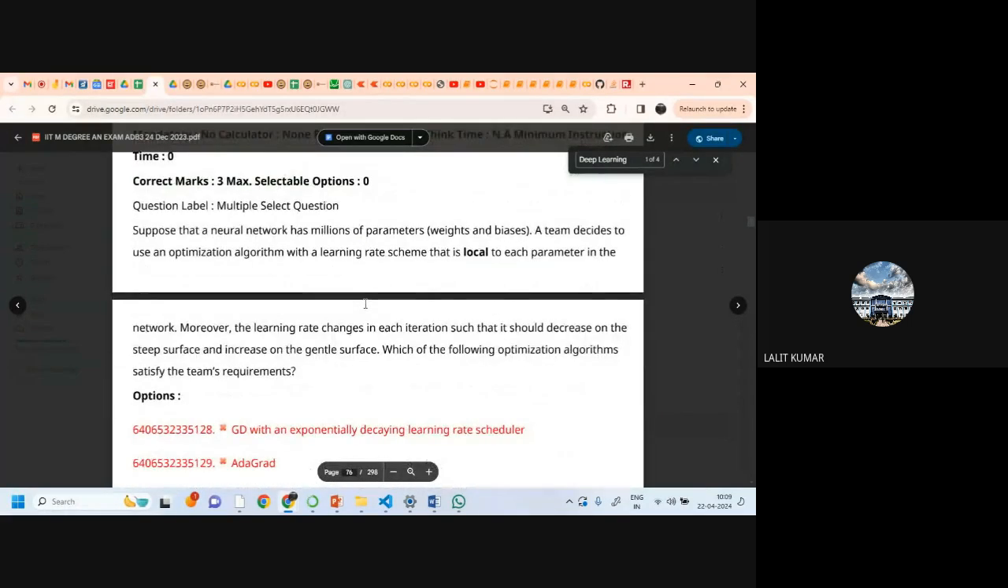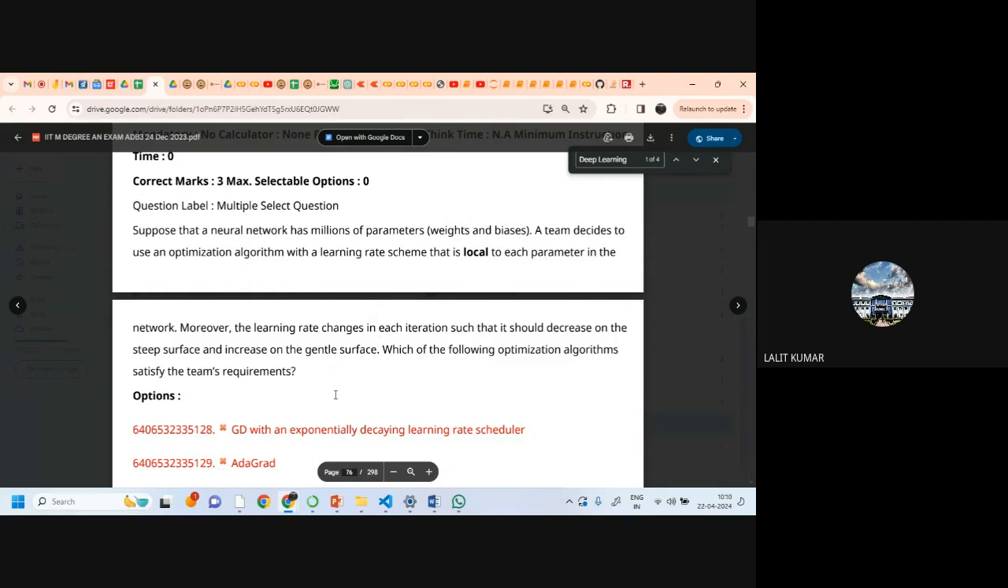Yes. Okay. So the next question is, suppose that a neural network has millions of parameters, weights and biases. A team decides to use an optimization algorithm with a learning rate scheme that is local to each parameter in the network. Moreover, the learning rate changes in each iteration such that it should decrease on the steep surface and increase on the gentle surface. Which of the following optimization algorithms satisfy the team's requirements? So,